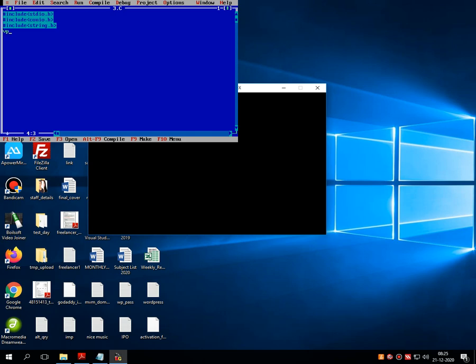After writing string.h, what I am doing is void main with opening and closing brackets, char a with 10 in brackets, then clrscr, and then here I am defining another string, say for example MVM, and then in the printf statement, I am writing %s for the string and the strcpy function with the source string and the destination string.